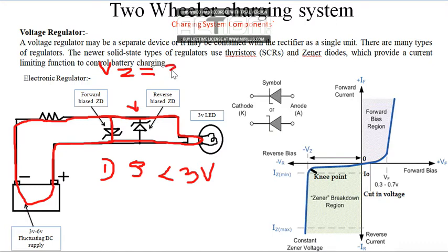We have selected a 3 volt Zener diode, because a maximum of 3 volt is allowed to the LED, so I also need to select a Zener diode having a Zener voltage of 3 volt. So I have selected both with a Zener voltage of 3 volt. In the first case, the supply of the DC source is less than 3 volt, so the current is supposed to flow in this fashion.